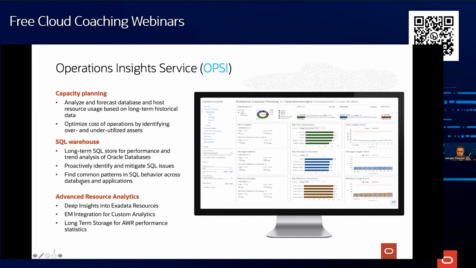So Operations Insight is one of the services within observability. This service provides deep and meaningful insights into your operations. The primary features here are capacity planning and warehousing. In terms of capacity planning, we can analyze the resource usages. We can see the trends for the databases and the hosts, and can also forecast the resource usage in months